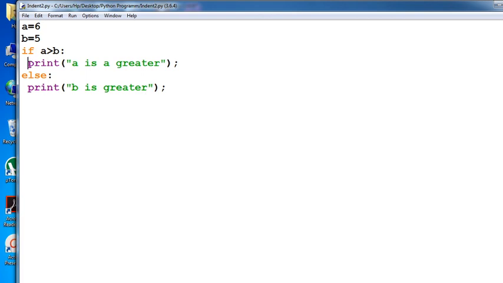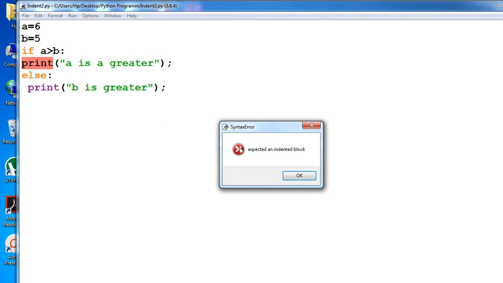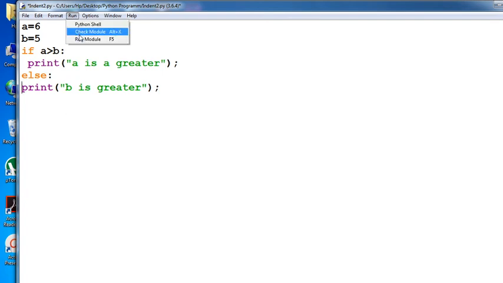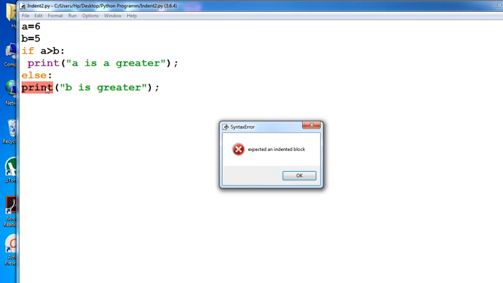Now again, suppose you type print here without indentation and run this, an error message is displayed automatically: expected an indented block. That means you must give the indentation here, white space. The same happens after else: you cannot leave out the space, and if you run it again the error message is displayed, expected an indented block.